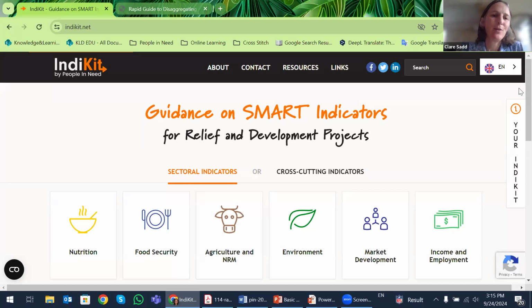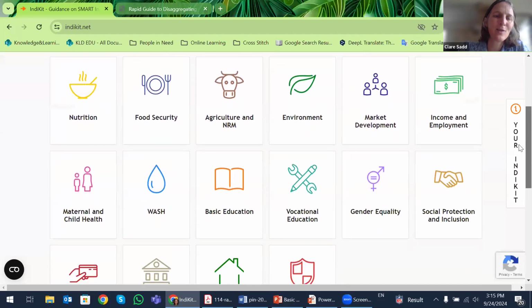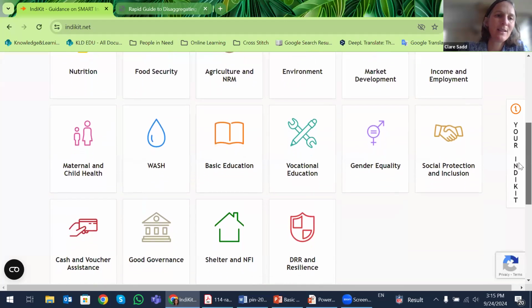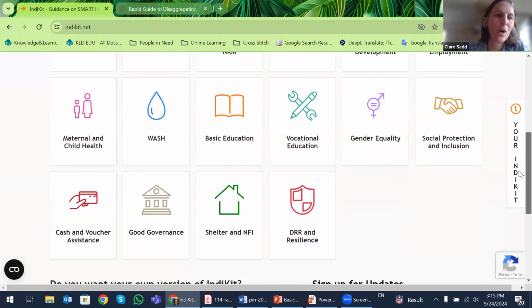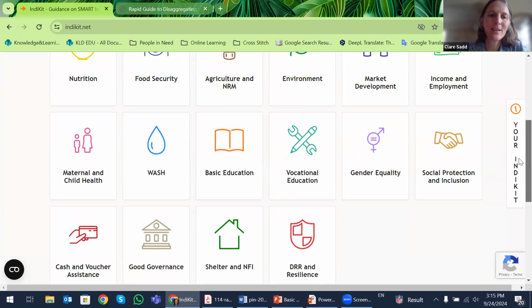And you'll see here there are two options. The first on sectoral indicators. So I think we mentioned at the beginning that education is just part of Indikit. There's also indicators on all of these different sectors. So nutrition, food, WASH, maternal health and child health. I mentioned earlier about vocational education as well, shelter, all of these different sectors,